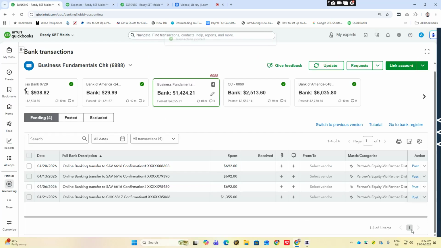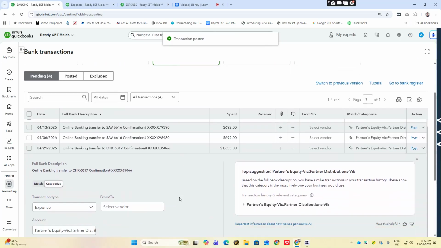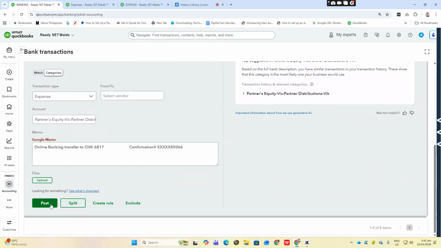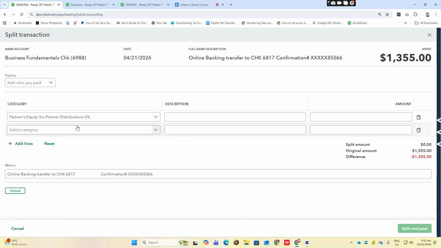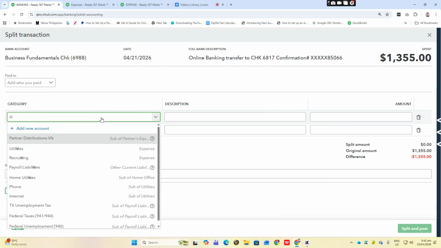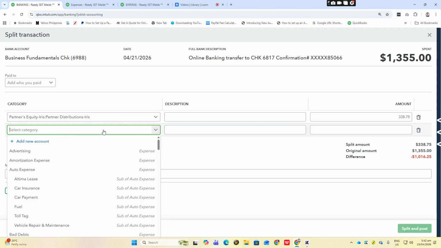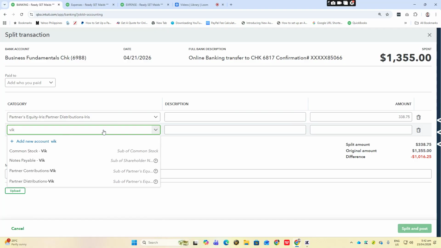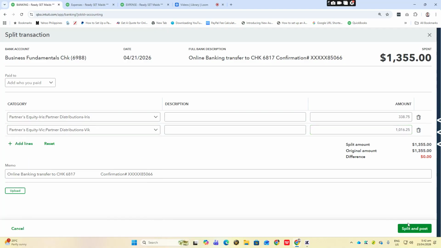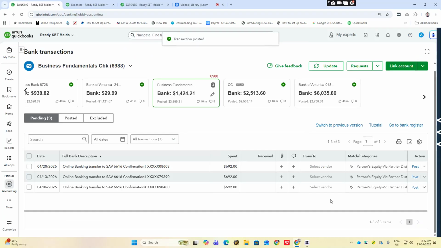So split and post. So the next is we have here split. So this is Iris distribution. 25% is 38.75. And then this is for Vic. Okay. Split and post. Okay.